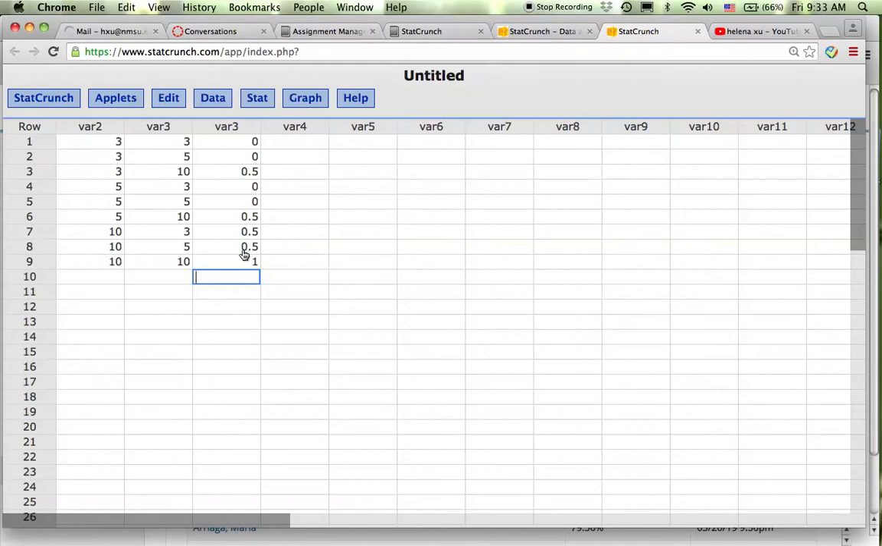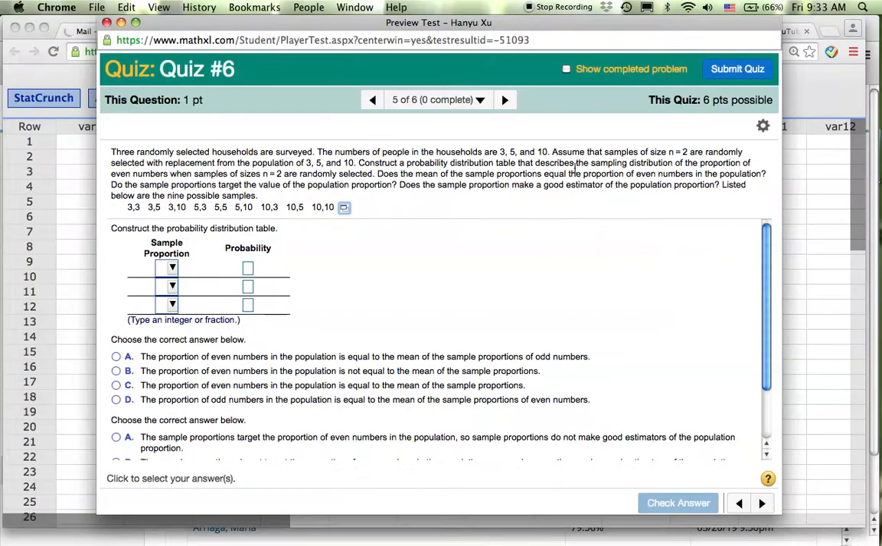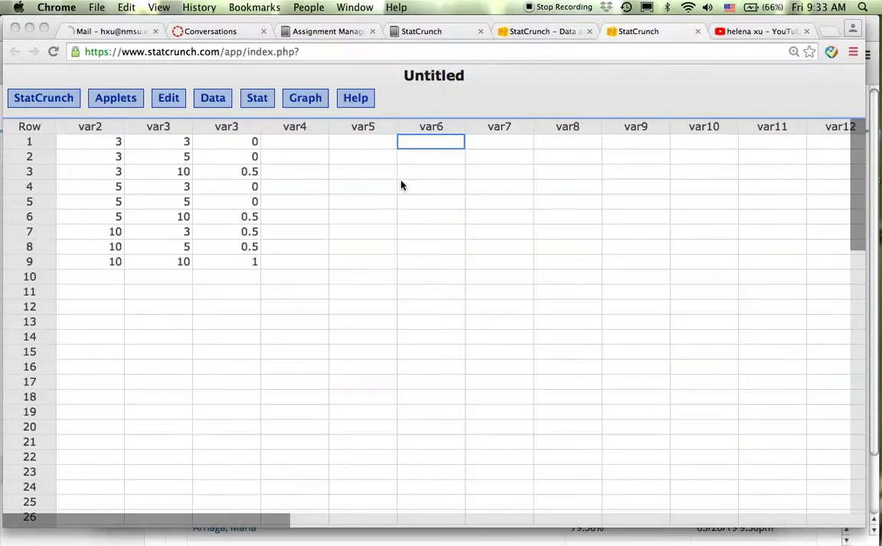And then what you want is a probability distribution of the proportion of even numbers. So here, for example, first you want to list out all the sample proportions, and then you want to see for each of them what the probability is. If you look at the proportions here, you have 0, 0.5,